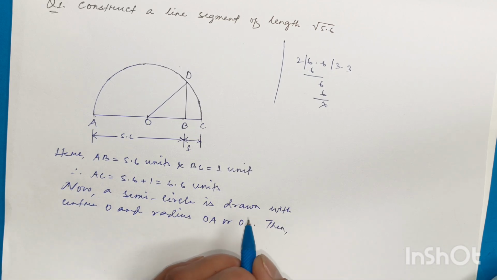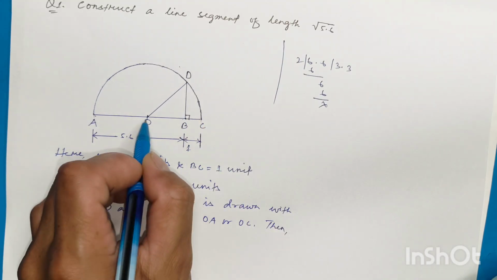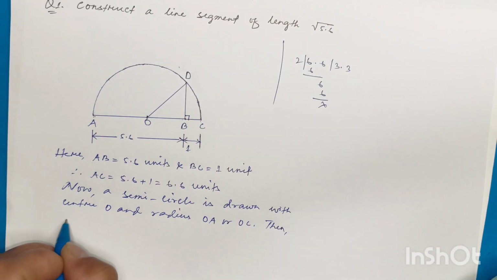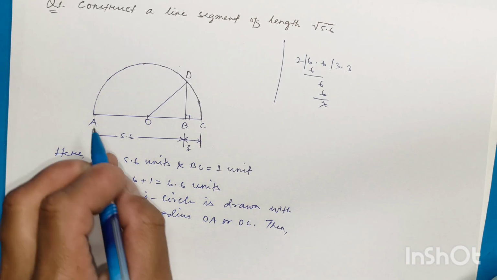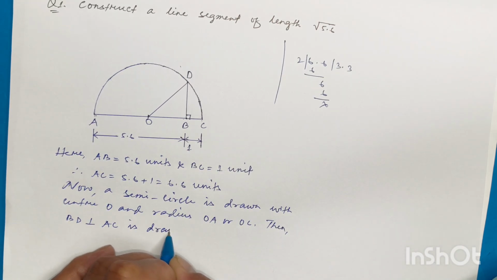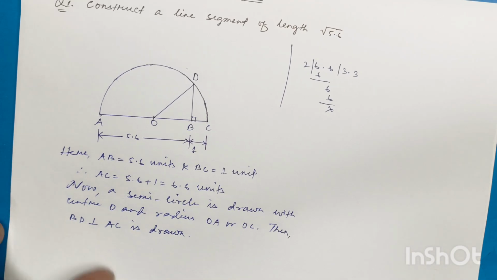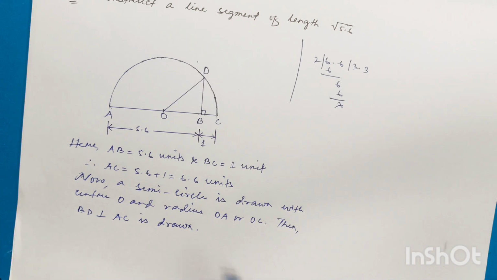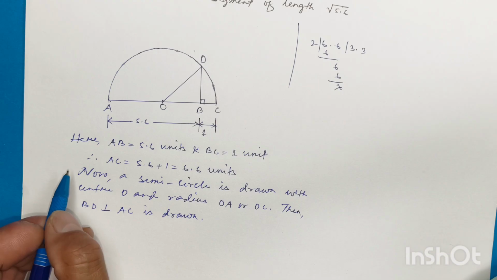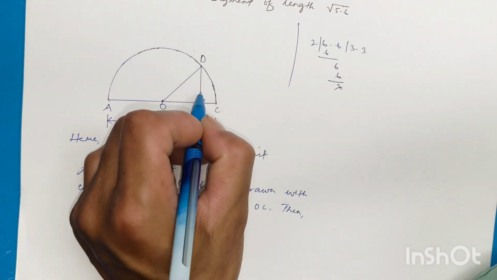Then we have to draw here BD perpendicular to AC or OC. This is perpendicular. BD perpendicular to AC is drawn. Now second, by using the Pythagoras theorem, we know that BD value will get root over